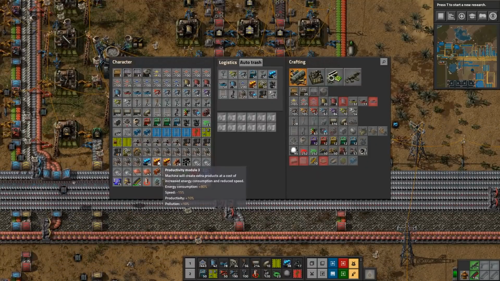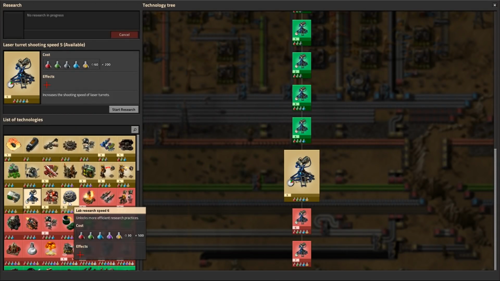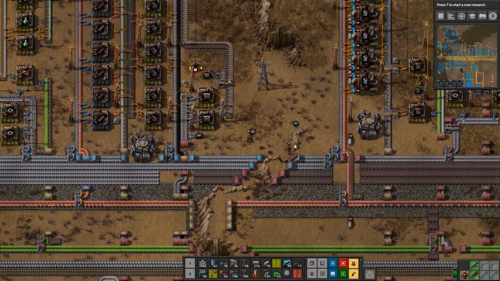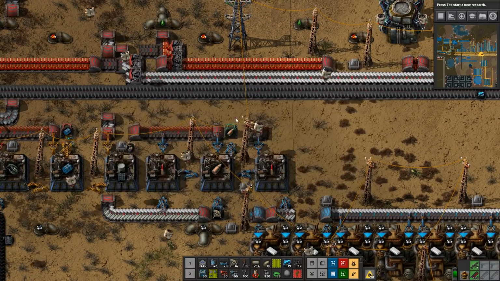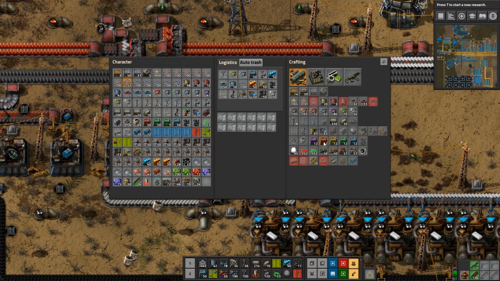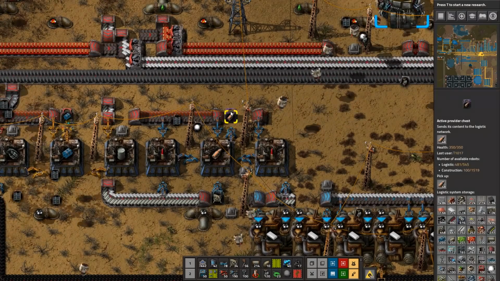But that was extremely expensive on modules, but it's fine for now. Science is going to have to wait, because the next part of science is upgrading lasers, which is nice, but we don't need it right now. And there's one thing I want to do. I want it to be an active provider chest, and I think this is probably like the first time I've ever used one, but the active one